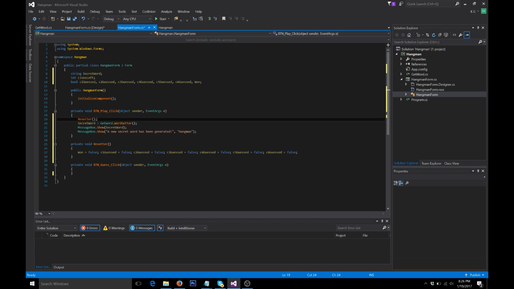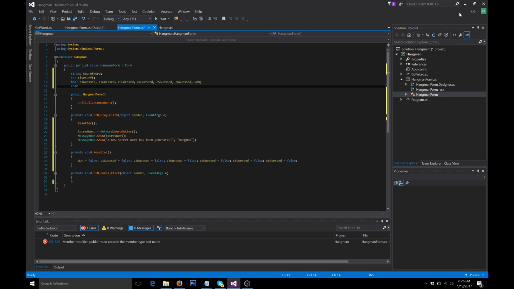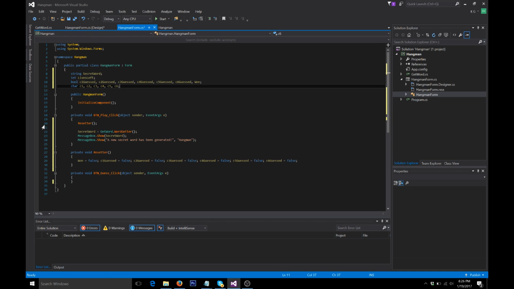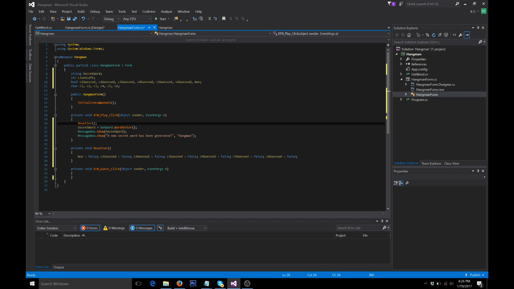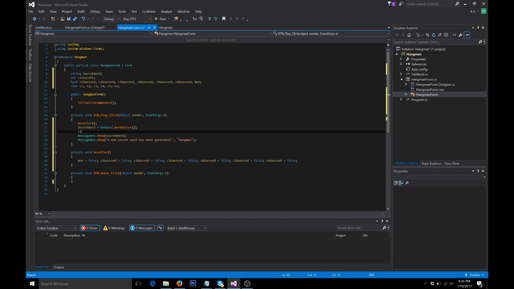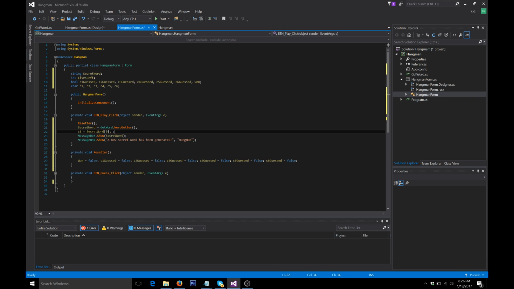and now we're going to do something else. We are going to split secretWord into different characters. So we are going to make a new thing called char, and we're going to make C1, C2, C3, C4, C5, C6 for each char. So we're going to be like, okay, secretWord, of course when we get it here, C1 is equal to secretWord and then 0, because computers start counting at 0, and we're going to do that for each one. So just going to copy and paste it